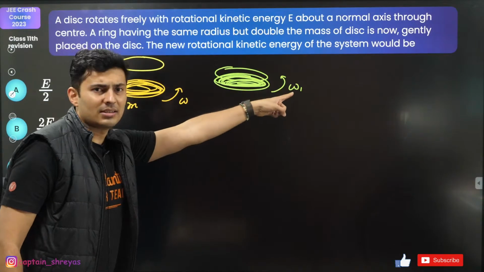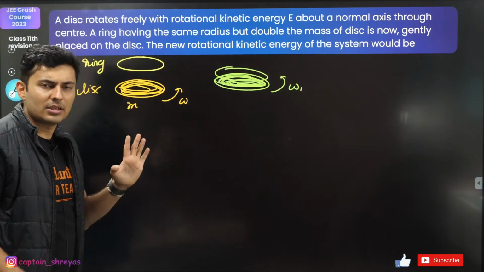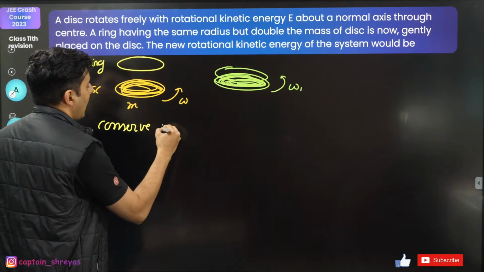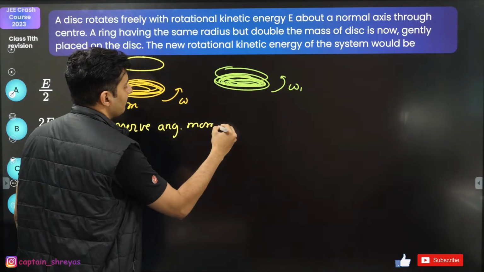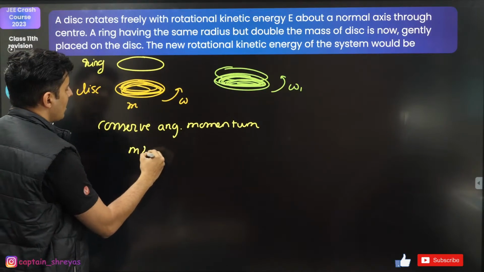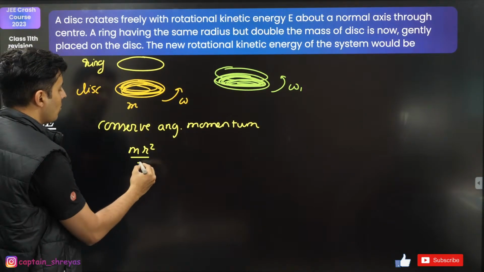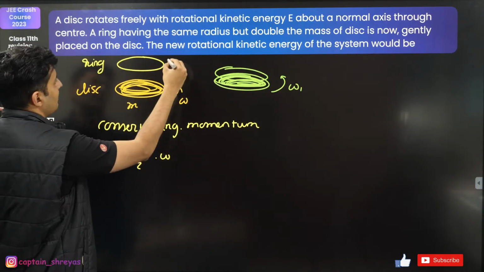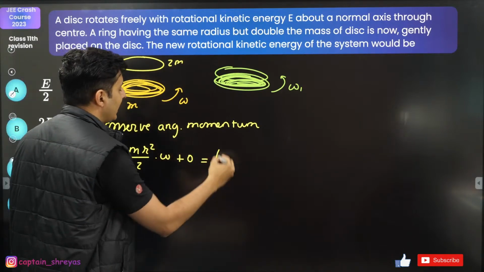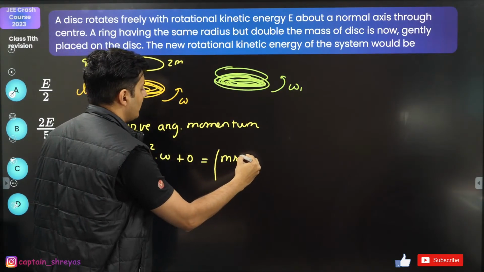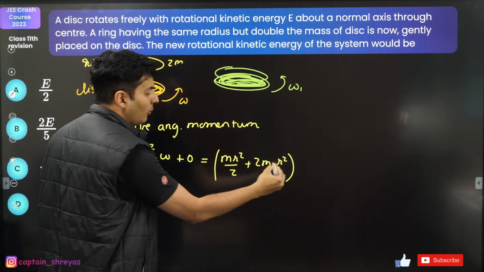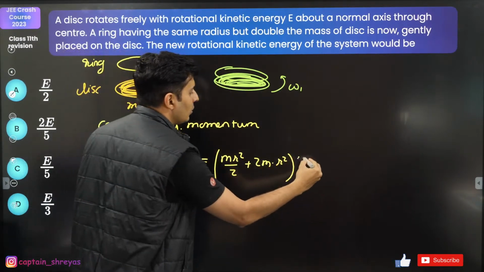So I find this angular speed, and from that I can easily find the new energy. It is not that difficult. So conserve what? Angular momentum. Conserve the angular momentum. Initial angular momentum for the disk will be m r square by 2 into omega. Remember the ring has a mass of 2m, don't forget that. Plus 0, because the ring is not yet rotating. The final moment of inertia will be mr square by 2 plus the ring has a moment of inertia of 2mr square, no by 2 over there, mass is different, into the new angular speed.